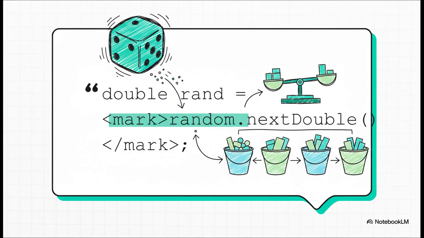And here it is. This is the magic right here in the actual code. This little bit, random.nextDouble, that's the digital die roll we were just talking about. The rest of the code is just a simple check to see which probability bucket that random number falls into. Is it in the 80% bucket or the 20% bucket? That's it. This one line is the core of our whole prediction game.